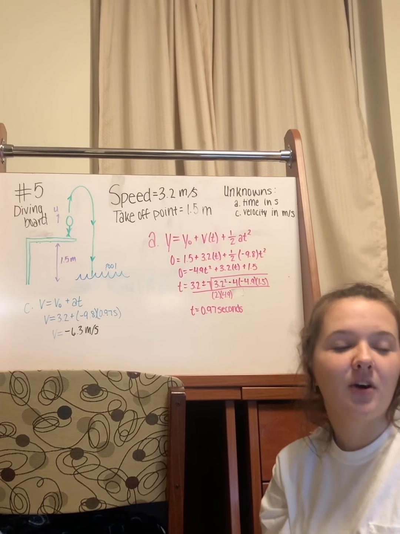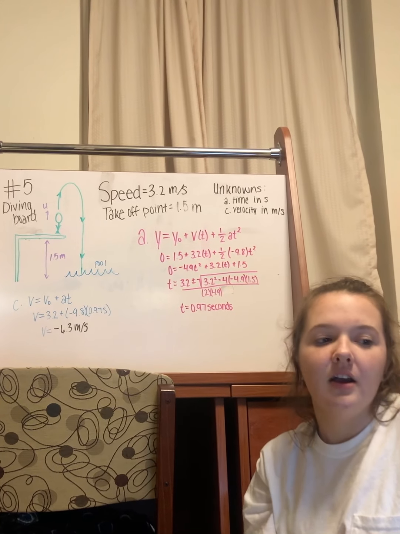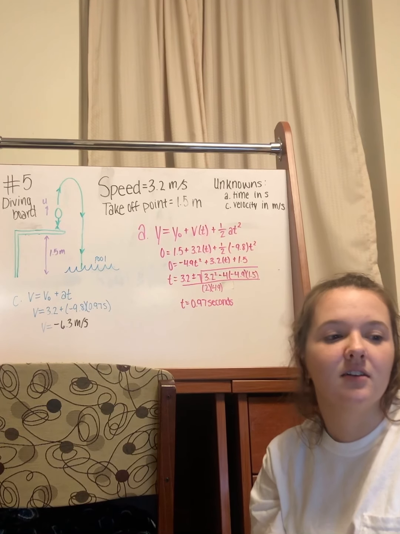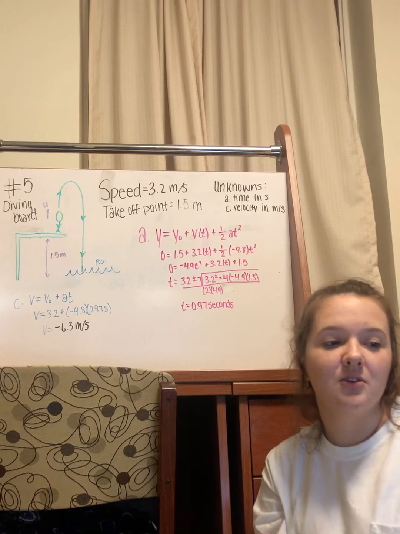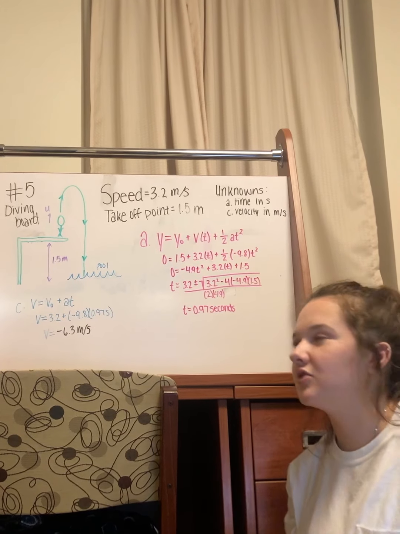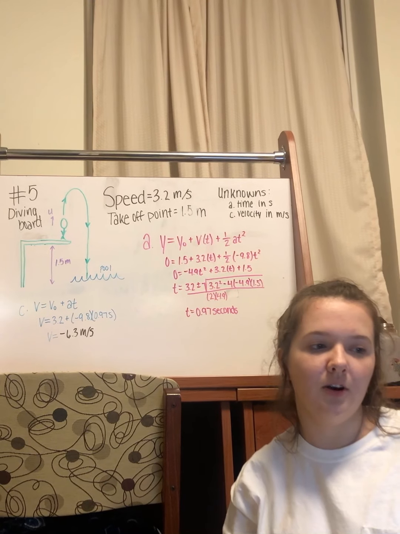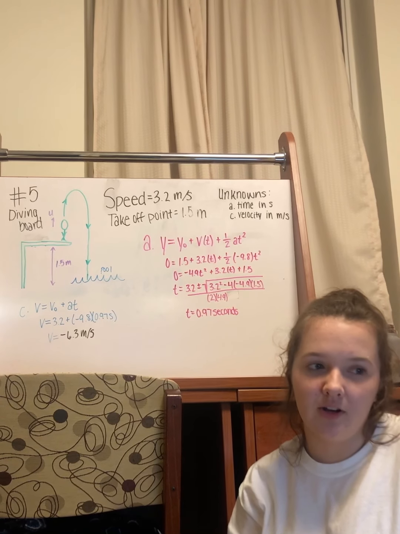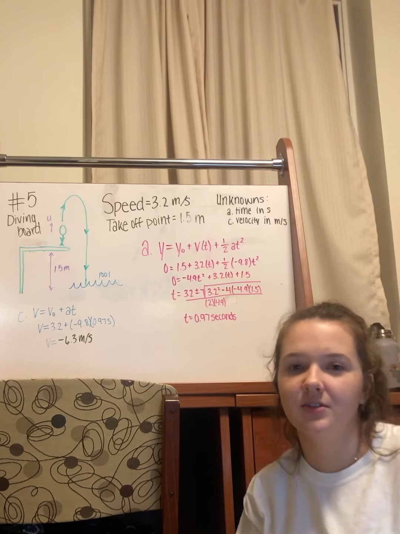So for this, in part A, we want to find how long her feet are in the air in seconds, and then in part C, we want to find what her velocity is in meters per second when her feet actually finally hit the water. And for this, we assume that the vertical component of the velocity is positive in the upwards direction because she's jumping into the pool. So our strategy for solving this problem will be to first look at what we already know, like what they tell us in the problem, and then we can apply that information to actually solve the